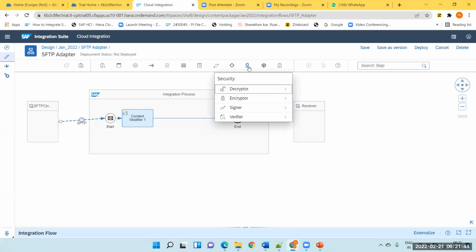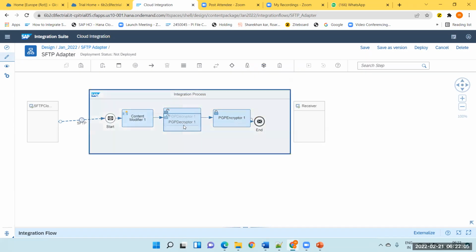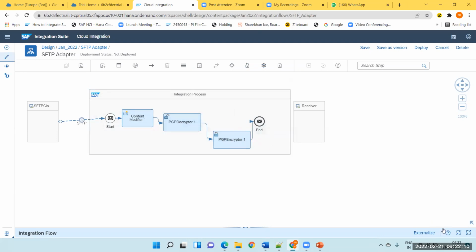See here, we have the corresponding security palettes. We have a PGP decryptor like this, and also the corresponding PGP encryptor here. We have the corresponding inbuilt palettes here. If you go to the PGP palette here,